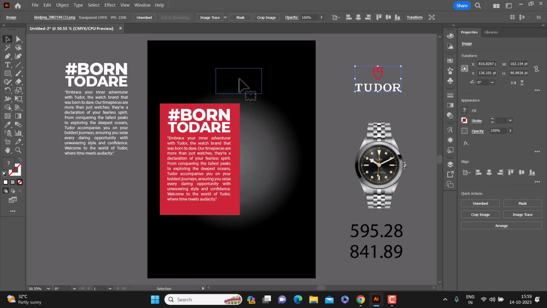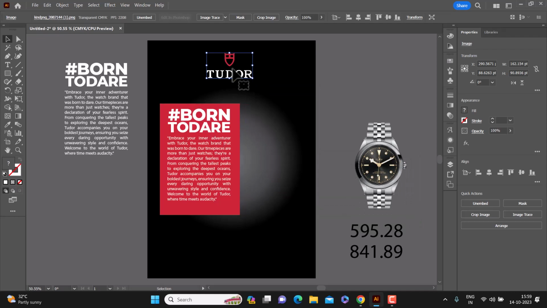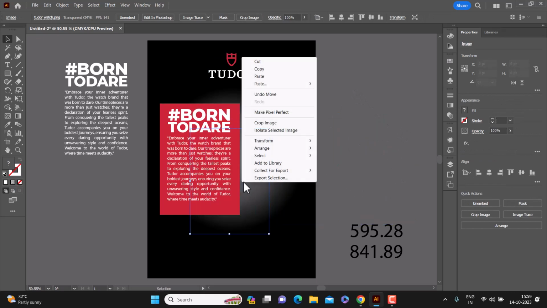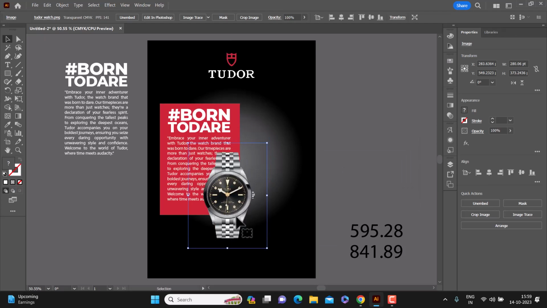Here we have the logo and we will put this on the top, right? Then we will take our object and put this in the center,